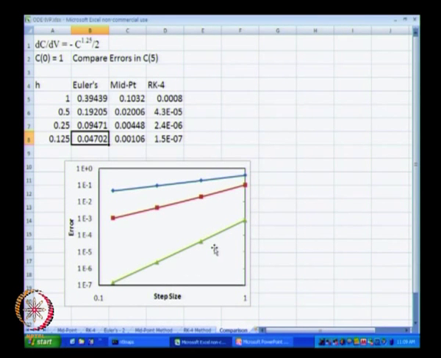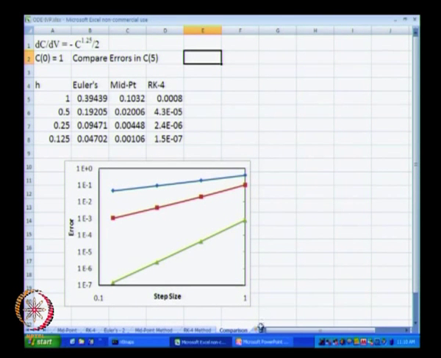And this is the log-log plot of how error changes with the step size. This particular line is going to have a slope of 4, this line has a slope of 2, and this line has a slope of 1, even though it might not look this way because of the range of this ordinate versus the range of the abscissa that we have over here. So, that is essentially what we have with respect to comparison for the various RK methods with Euler's method.